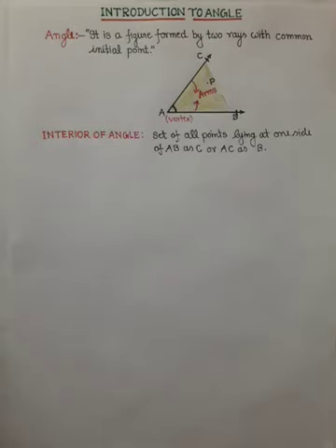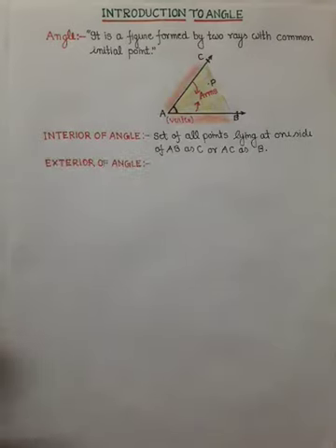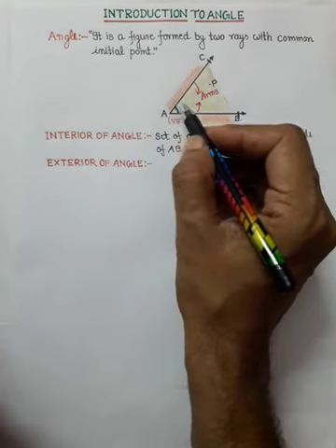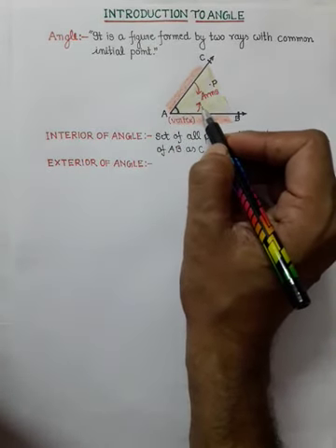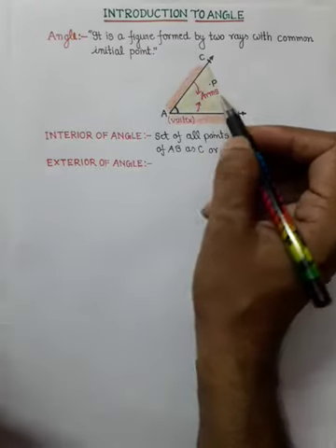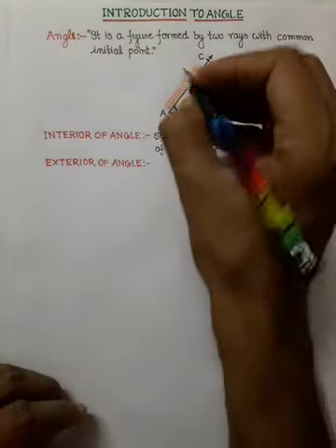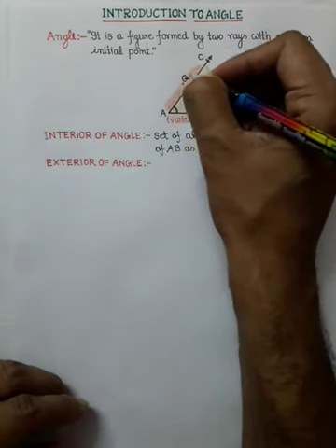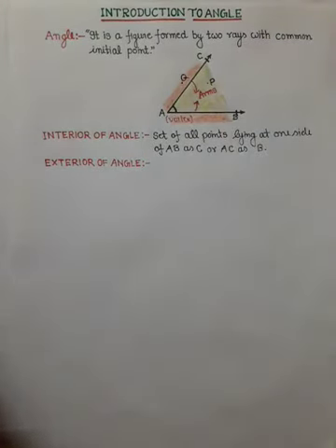Now after that we will discuss the exterior of an angle. All the region which lies beyond the arms AC and AB is considered as the exterior of the angle. We can represent it like this. In the diagram we are watching the red region representing the exterior of the angle, and the yellow region representing the interior of the angle. Point P is in the interior of the angle, and let us take another point Q. Point Q is lying in the exterior of the angle.